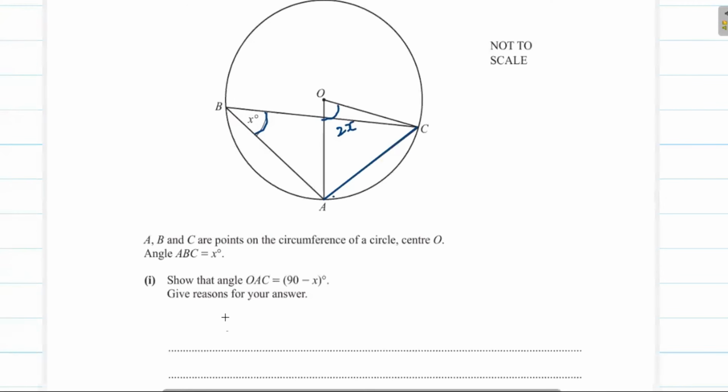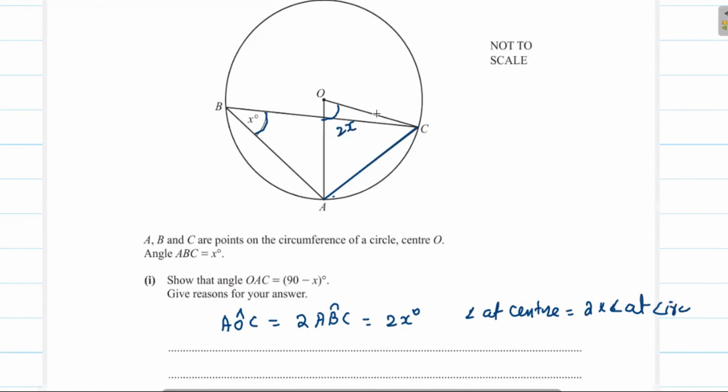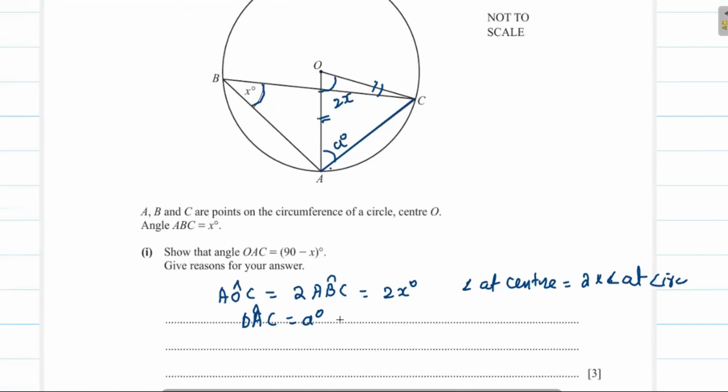Now we write it here. Firstly, the angle AOC will be equal to 2 times angle ABC, and that is 2x degrees. The reason is the angle at center is equal to 2 times the angle at circumference. Next, you see here we have to find angle OAC. This angle OAC, we suppose that this angle is A degrees. Now angle OAC is equal to A degrees, and the lengths OC and OA are equal because these are radii. Now we can write that angle OAC will be equal to angle OCA,